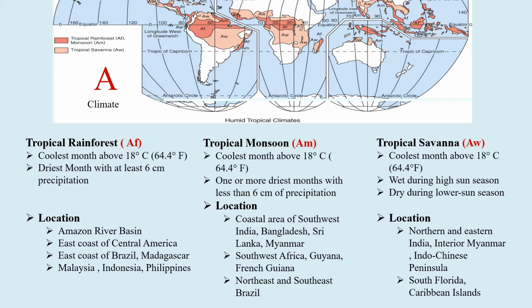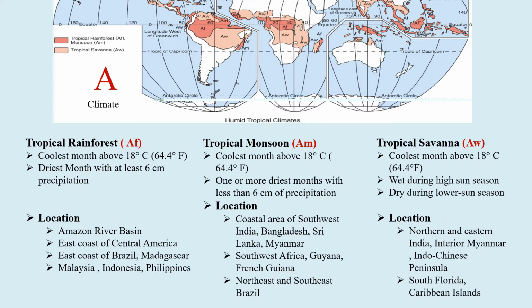Therefore, when we refer to winter in a climate, we mean the time when the overhead sun is far away. Something like the months of December, January, and February for the northern hemisphere, we call it winter, and June, July, and August for the southern hemisphere, we call it winter in a climate.